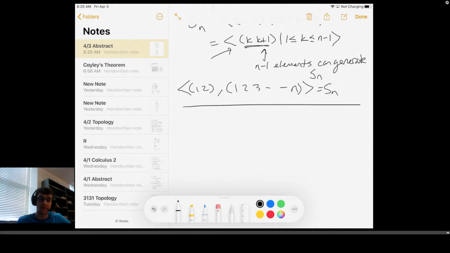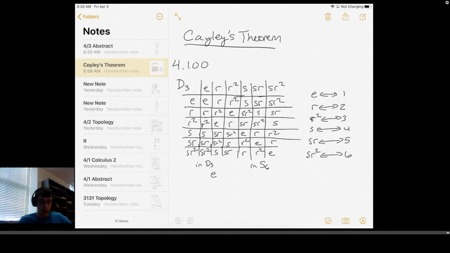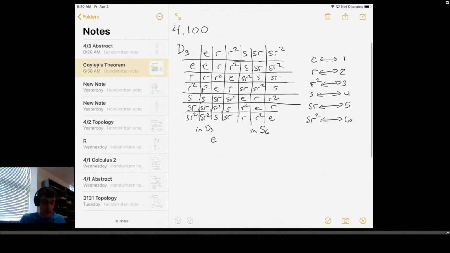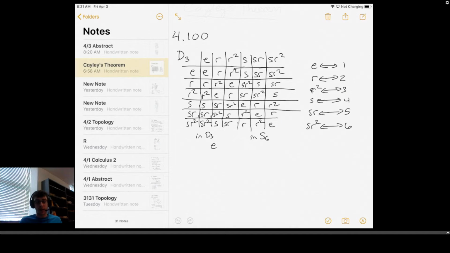Cayley's theorem. I wrote the start of this just because I didn't want to draw the group table and take up a whole bunch of time in class. So let me just switch over to this. So I basically wanted you to look at 2 different ways to view D3 acting as a set of permutations,